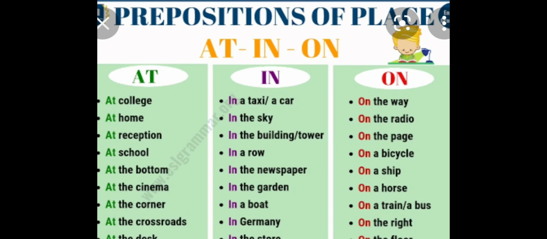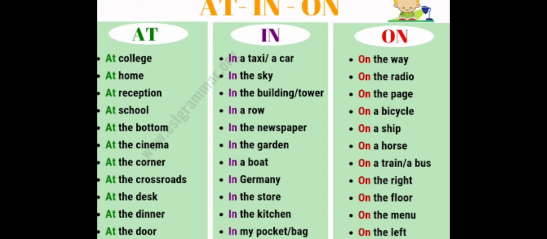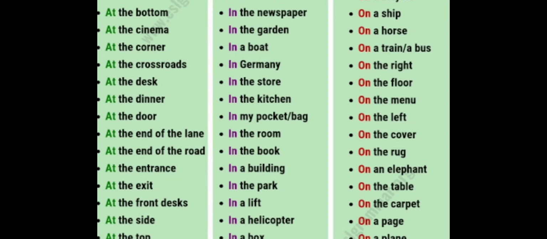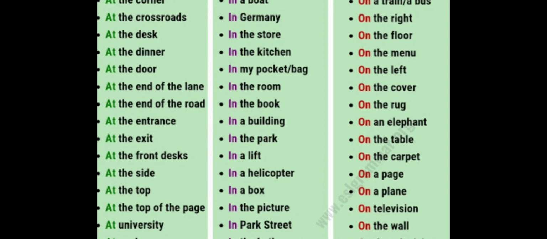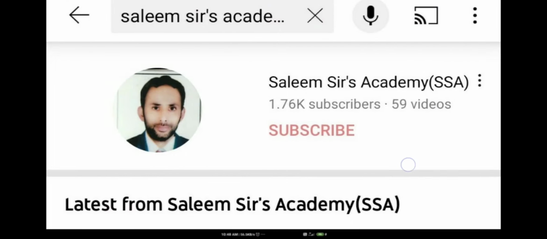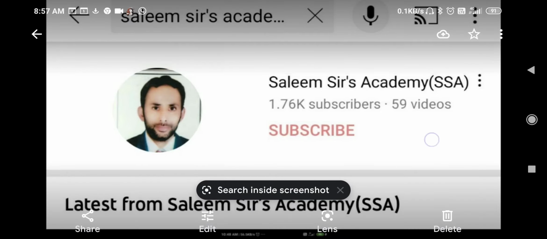Now on the way, on the radio, on the page, on the bicycle, on a ship, on a horse यानी किस पर, on a train मिसाल ट्रेन पर और बस पर, on the right, on the floor, on the menu, on the left, on the cover, on the rug, on an elephant, on the table, on the carpet, on a page, on television, on the wall, on the television। I think that you are able to understand this। मुझे उम्मीद है कि आपने ये समझा होगा।